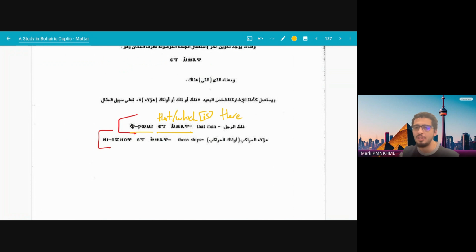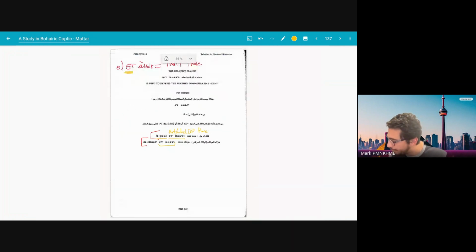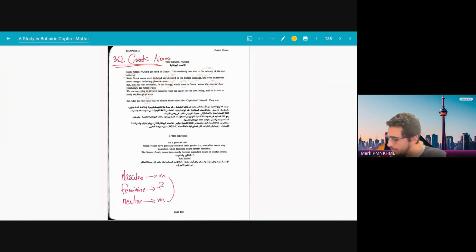It's an idiom that just means etemau. It just always comes together. That means that which is there. It just means those. That's such a common way. It just means that is there. I think in the litany of the departed, they say those whom you repose in the place which is there. And in that place, we say in that place, and it says pima etemau. That's it. That's for all of it.